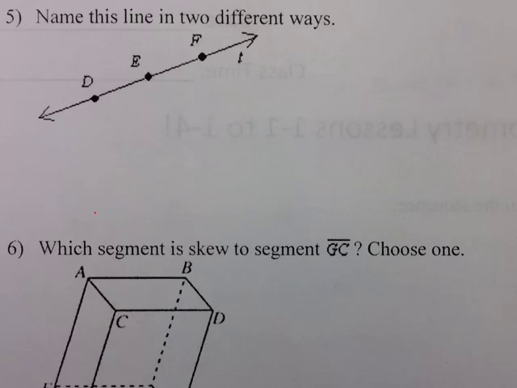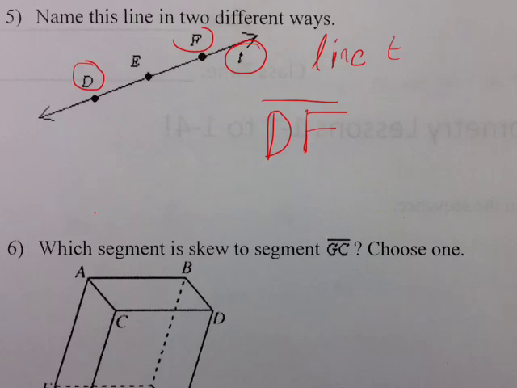So when I'm naming this, if I have this small letter right here, I can name it just as line T. The other ways I can name it is just by picking 2 letters on the line. So if I pick D and F, I could put DF here and then just put the symbol for a line. I can do this with any of the letters, so I could also say EF,